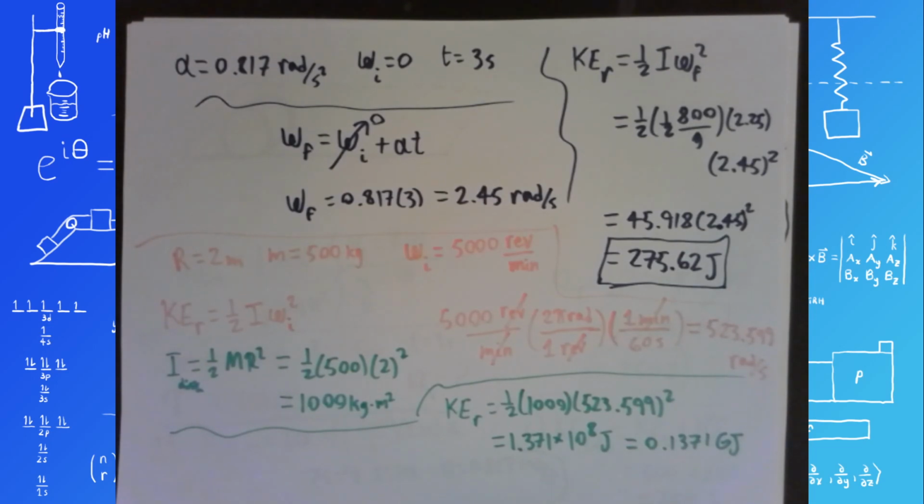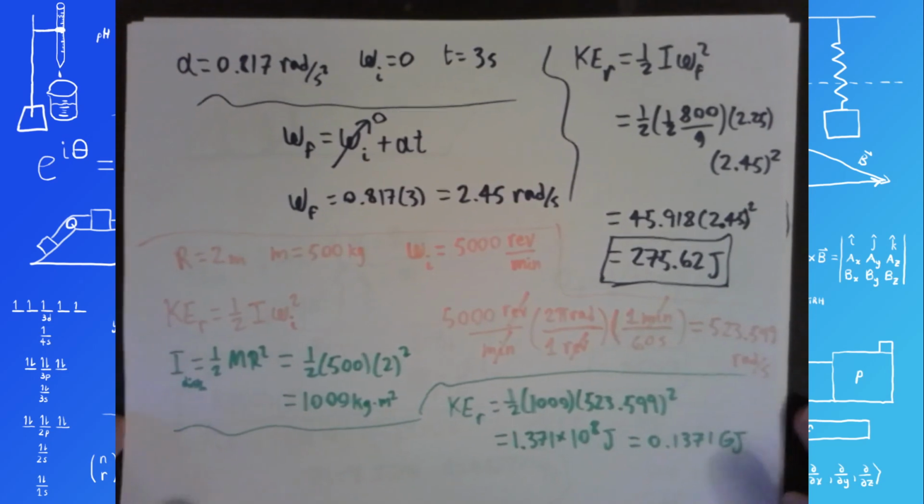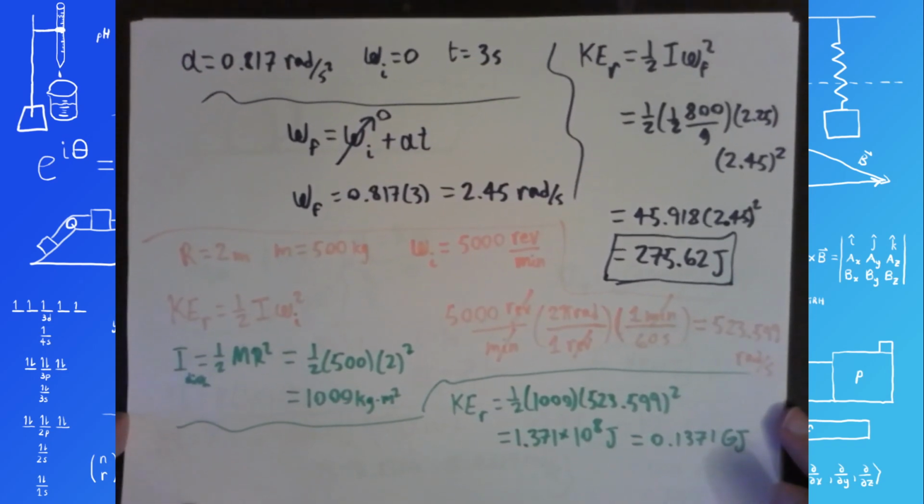Part B, if the flywheel is to supply energy to the car as a 10 horsepower motor would, find the length of time the car could run before the flywheel would have to be brought back up to speed. So this is actually pretty easy unless you have forgotten the concept of power from the work and energy chapter